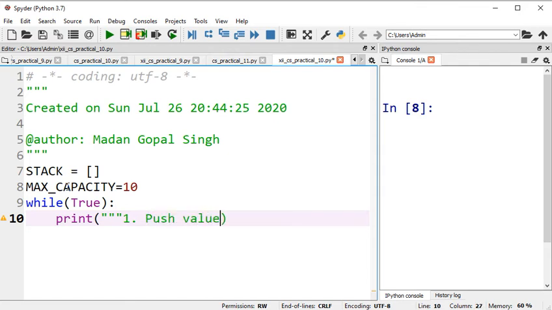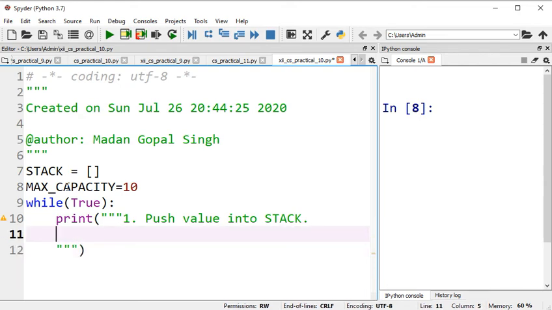Push value into stack. Okay, and then enter and run this. And this screen multi-line string I am using, that's why. So I am going to write this here, 2 dot I am going to write pop operation, pop value from stack,